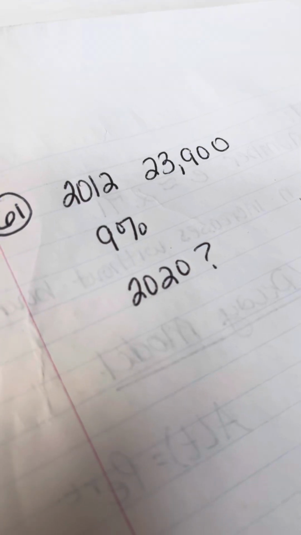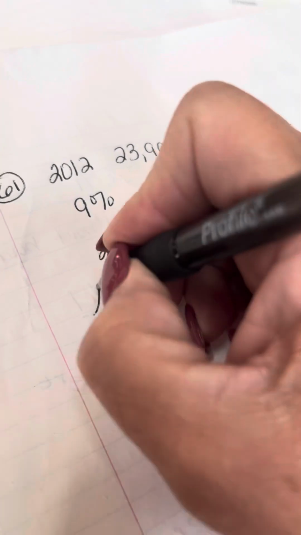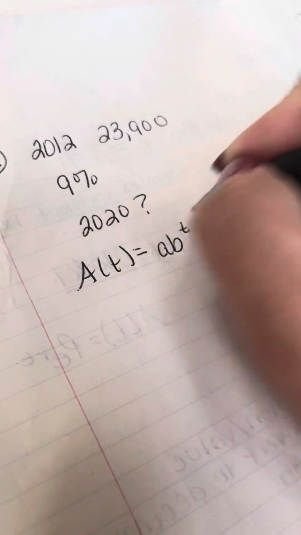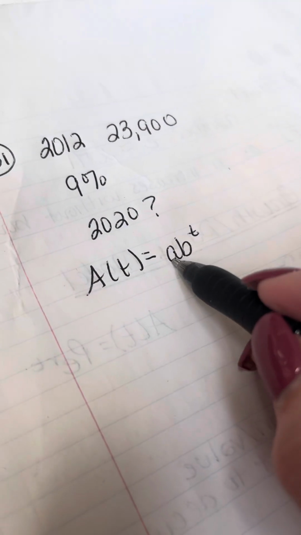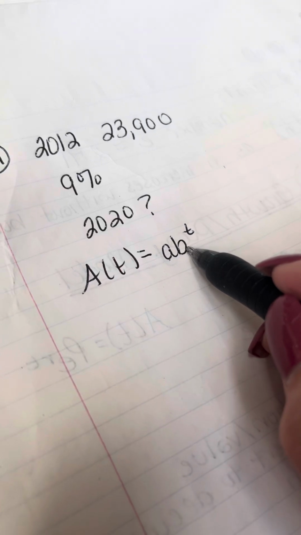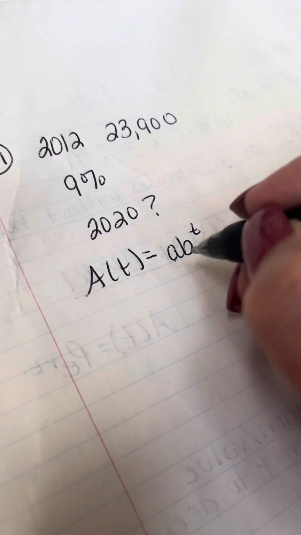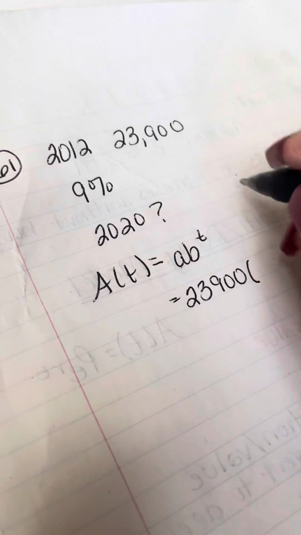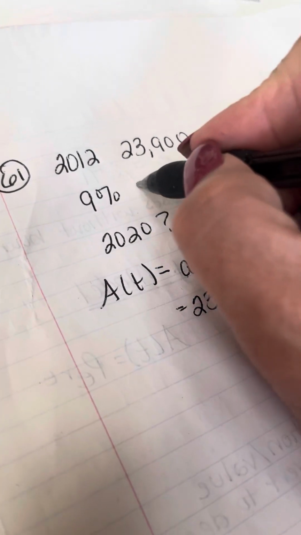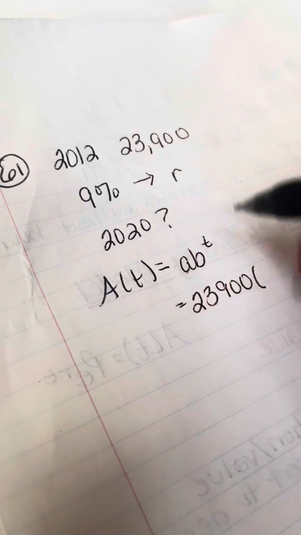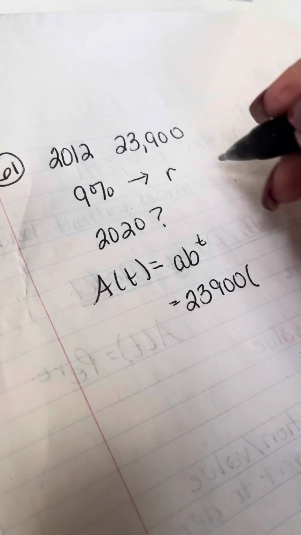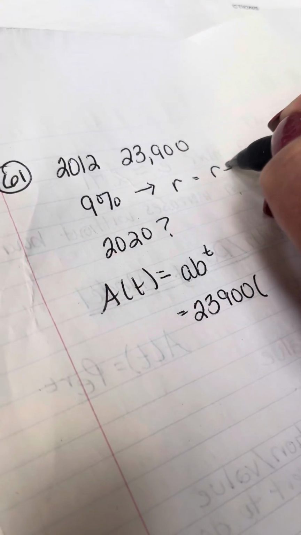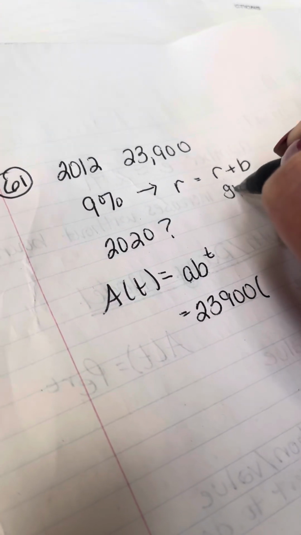So they never told us anything about continuously or anything like that. So we're just going to use a basic exponential where we need A, the initial, and B, the rate. So the initial population was 23,900. The rate is 9%, but remember, anytime we have our rate, in order to get B, that value, it's going to be equal to the rate plus B if it's growth,